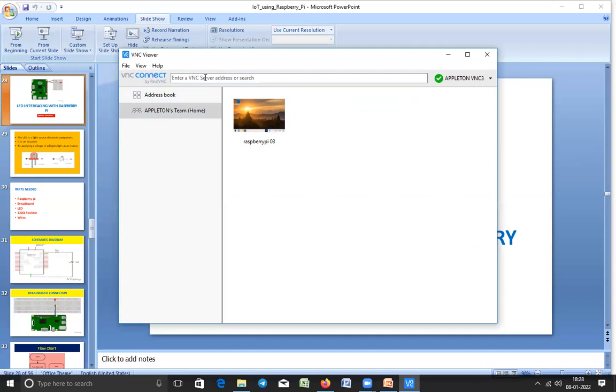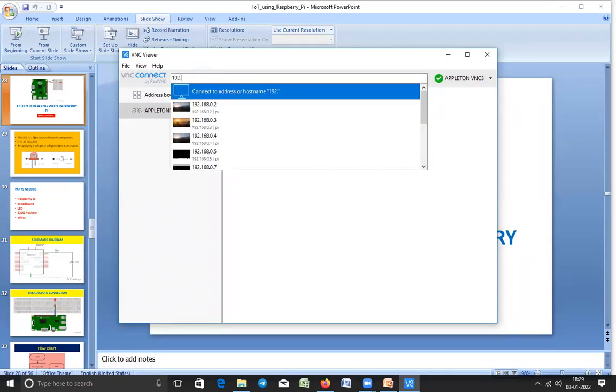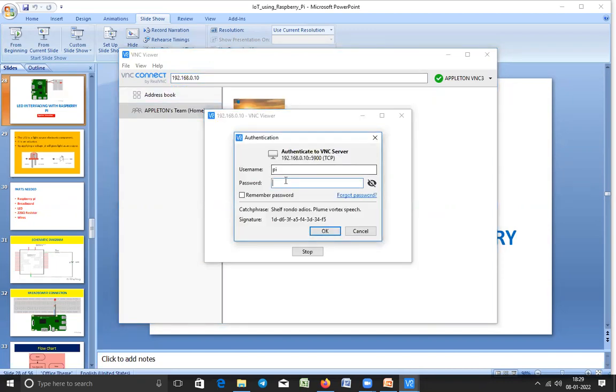But for now I'll be accessing locally. So I have to provide the IP address of my Raspberry Pi. You should know the IP address of the Raspberry Pi. It is 192.168.0.10, this is local. I'll be accessing only through a local network. You cannot access my Raspberry Pi unless I give you authorization to access. Right, so I'll be doing that.